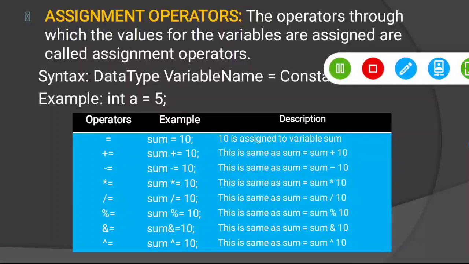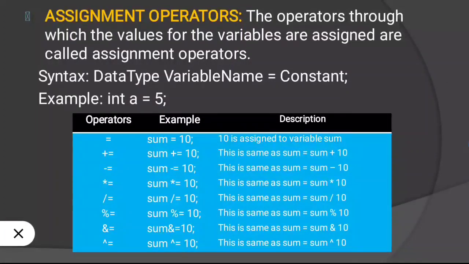Next is assignment operator. The operators through which the value for the variable are assigned are called assignment operator. Understood? When we need to assign a value to a variable, or when we need to assign an expression to another variable, then the symbol through which we assign is called assignment operator.